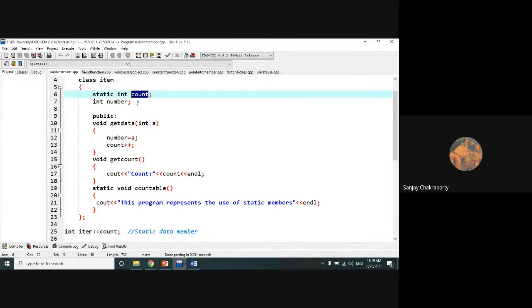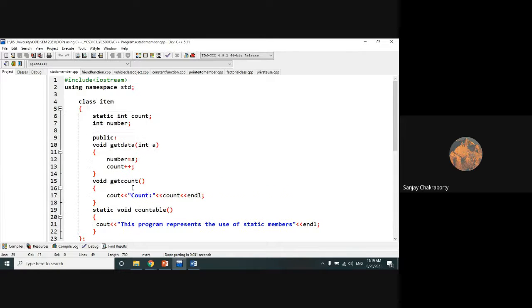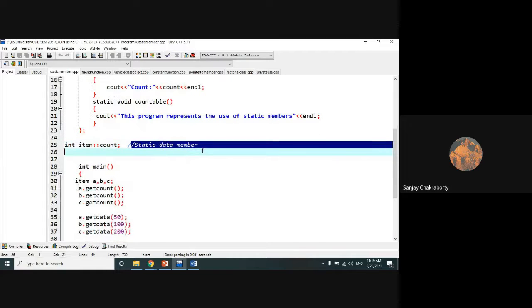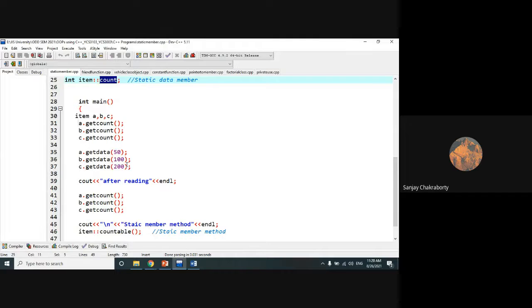So if you notice here, I didn't initialize the value of this data member here. Why? Because I want to show you the static data member is automatically initialized to 0, right? If I forget to initialize it, okay? So I think this should be printed when you are calling this one, okay? So it is a static data member accessing statement. How you can access a static data member: by using a class name, then scope resolution operator, then a static data member, okay? Now, in the main method, I have created 3 objects, item A, B, C, for this item class.